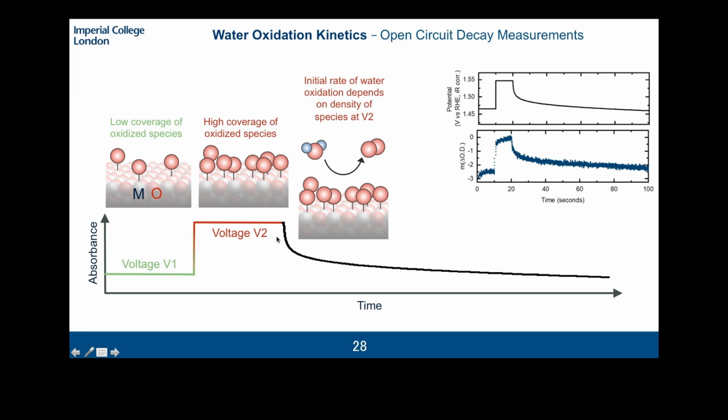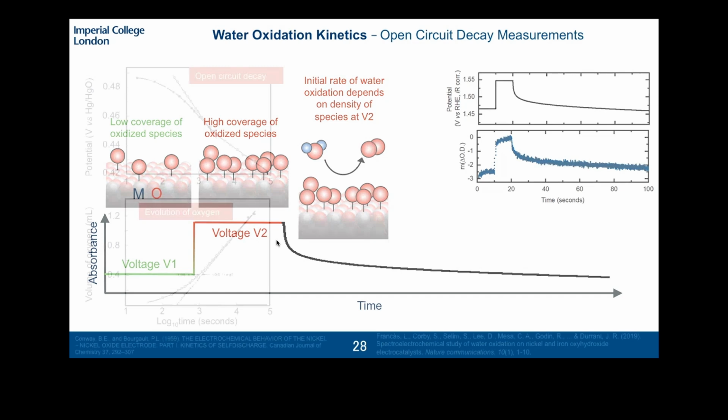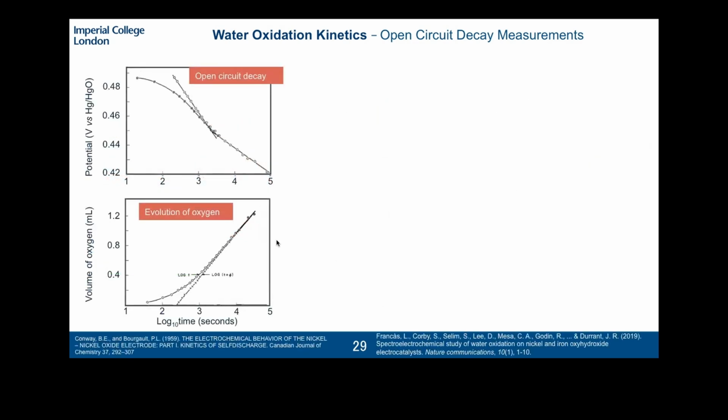And then this initial rate, so in some cases, these oxo species might already be able to chemically combine to form evolved oxygen, for example. And then this initial rate of decay depends on the density of these oxidized species and provides a metric for water oxidation kinetics under these conditions. So one can then get that initial time constant and use that to get useful information about the kinetics of the reaction. So this was alluded to in the late 1950s by the work of Conway on nickel